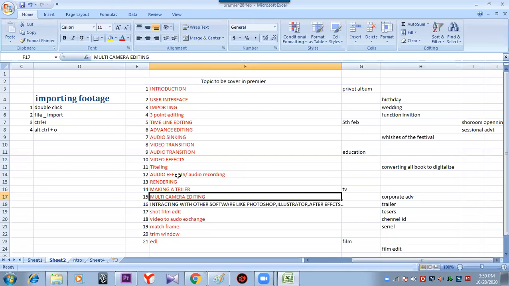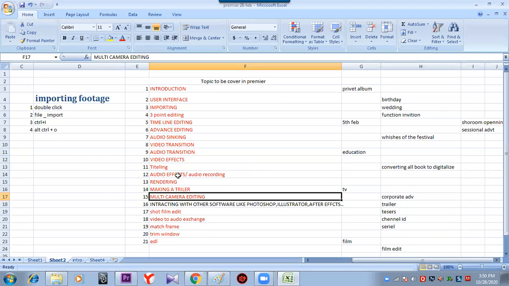And it is an option inside the software called multi-camera editing. Yes, it's a big thing we'll be learning. You'll find the same conversation happening, and instantly they will show the long shot, close up, mid shot. They will jump the shots as per the dialogues. How does it happen? At a time, 4 or 5 cameras are used and the editing happens simultaneously across 4 cameras with a single cut. That is technically called multi-camera editing.